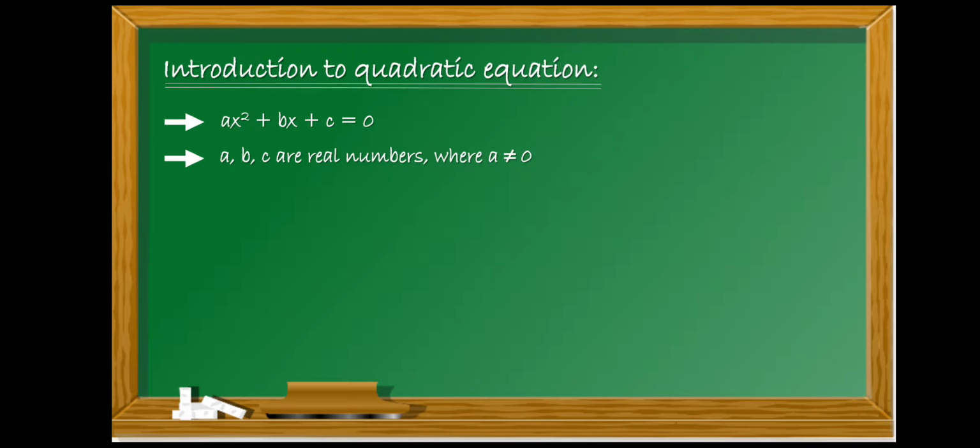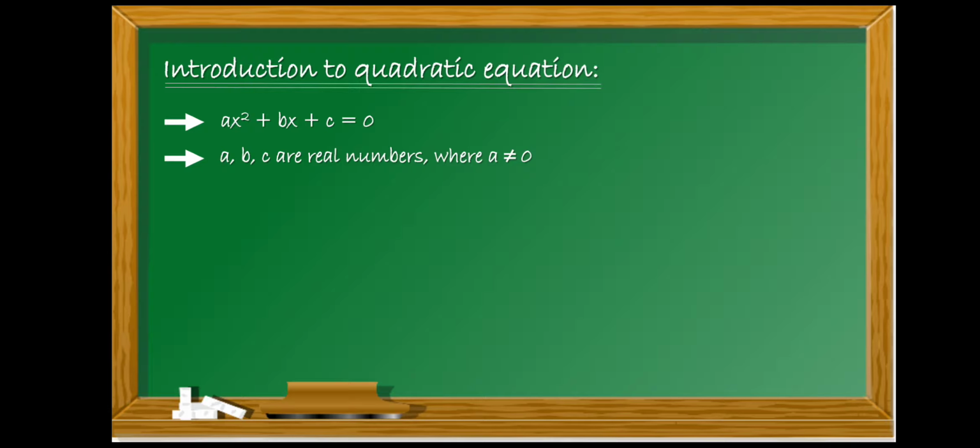You will see it is written in descending order. The index power of x is first 2, then with the b, when x is written, the index power is 1. And with c, no variable is there, which means the index power of the variable is 0. So it is 2, 1, 0. So the first rule to understand whether the given equation is quadratic or not is to check the highest index power of the variable.